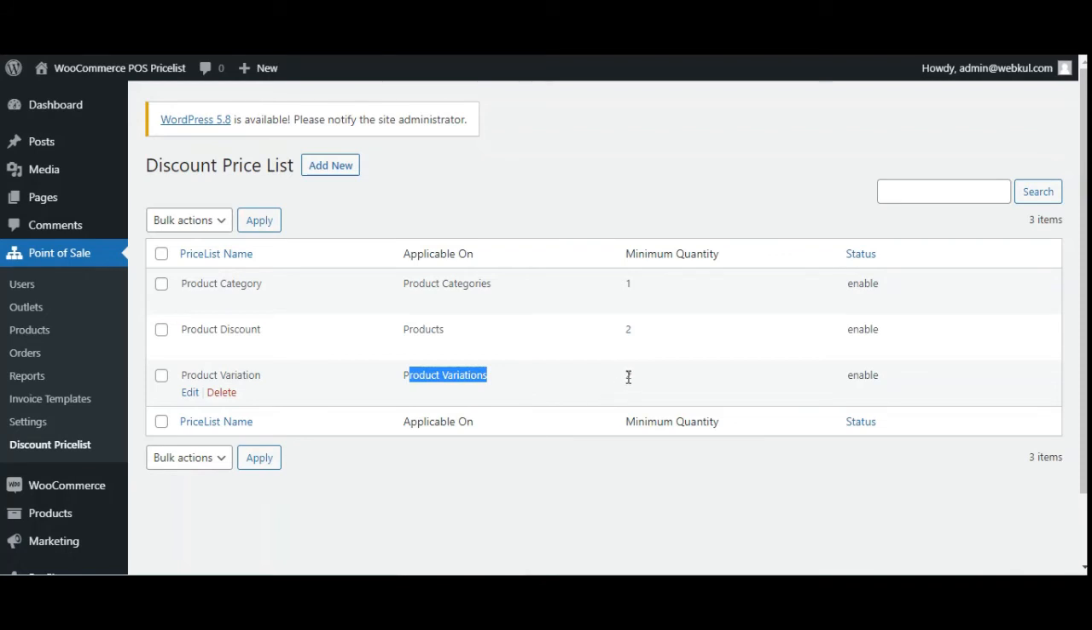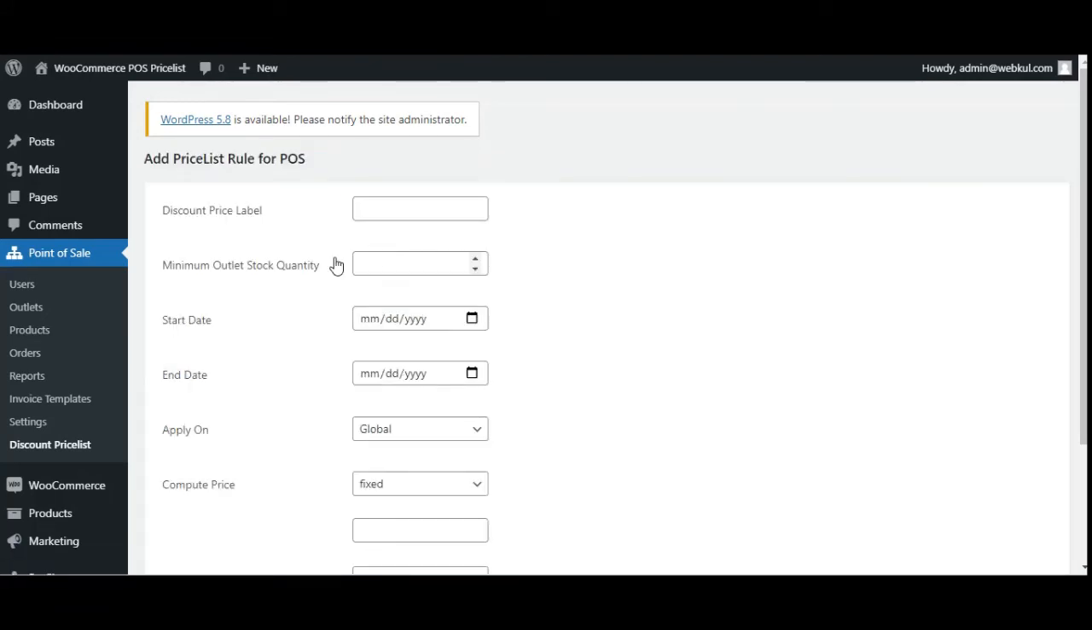If you're purchasing a product variation for which the discount price list rule has been created by the admin, then you need to add 2 quantities of that particular product into the cart to get the discount first and then check out. So to add a new discount price list, you'll have to tap here on the add new button,